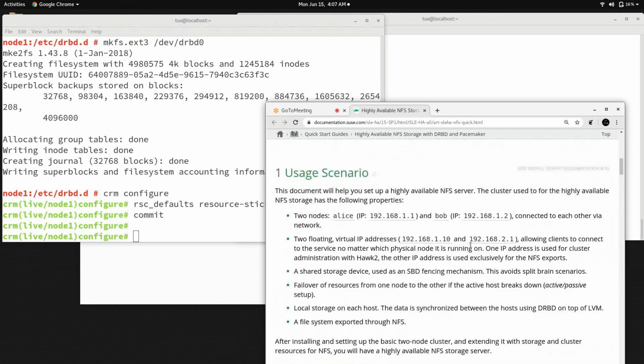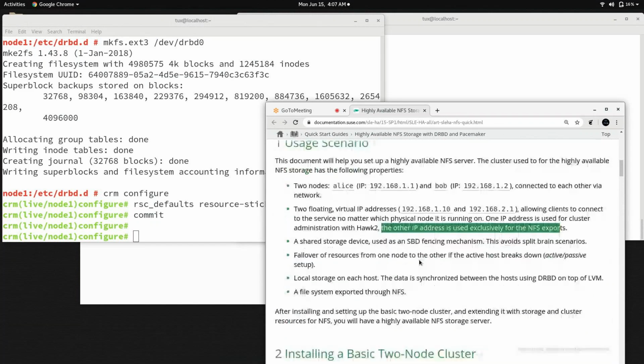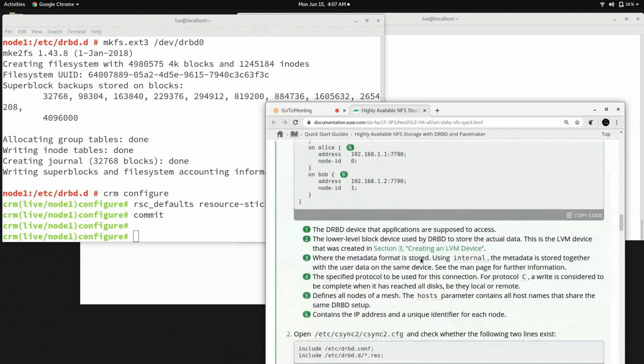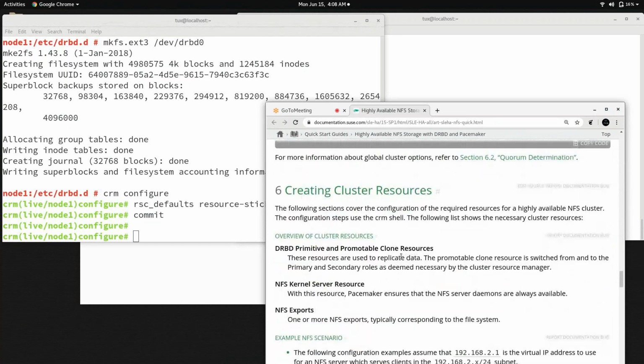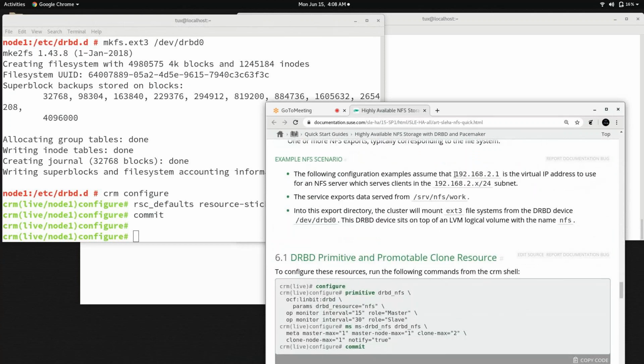This one is for browser access to the cluster, and the second IP address is for the NFS server. This IP needs to be created as a virtual IP to access the cluster, and you will allow the client 192.168.2.x to access this NFS server. This is something we are supposed to do.